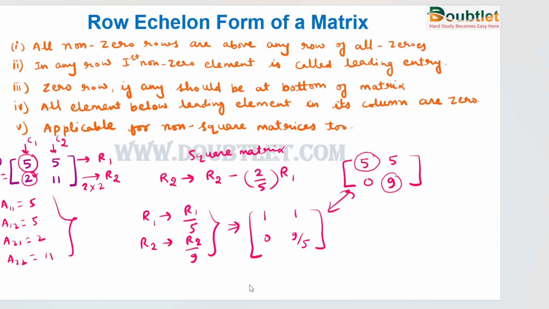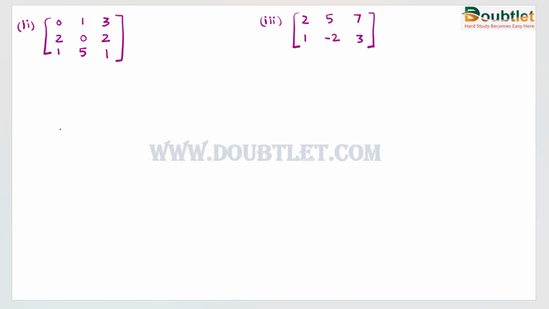Now we will discuss the next example, which will give you more clarity about how to convert these types of matrices. This is an example of a 3 cross 3 matrix. First we see whether there is any row which contains all elements 0. The first row contains 2 non-zero elements, the second row contains 2 non-zero elements, and the third row has all elements non-zero. So there is no zero row present.